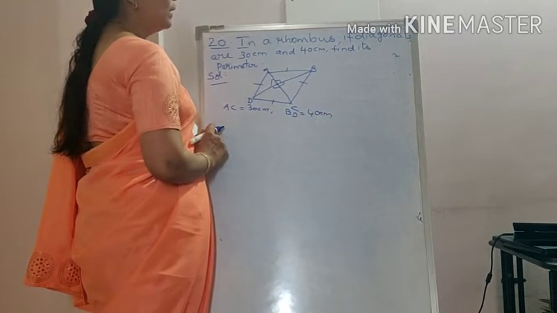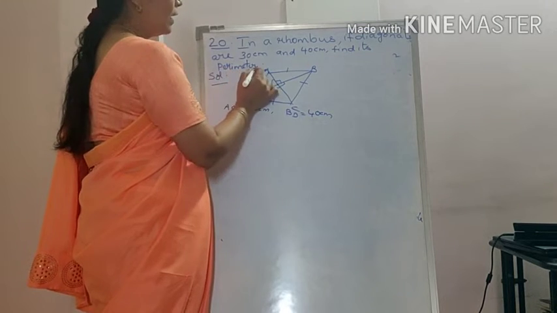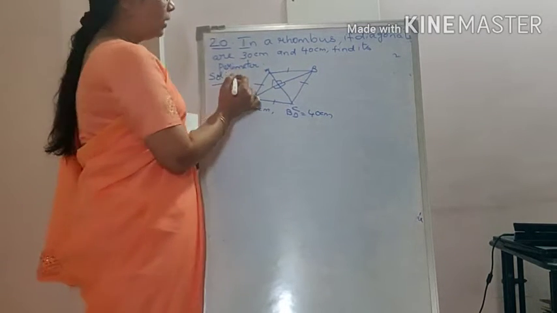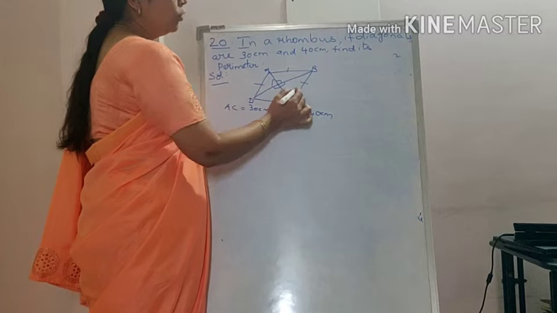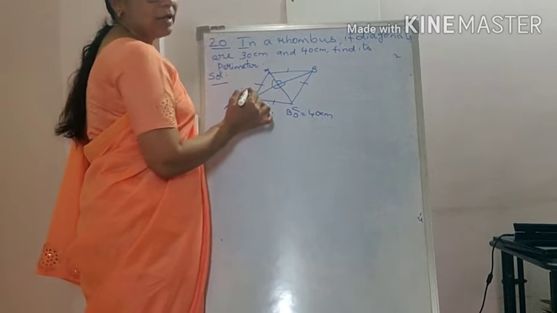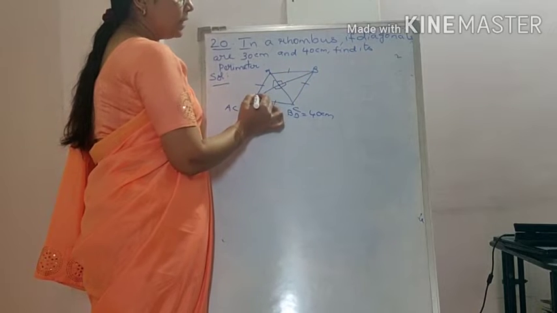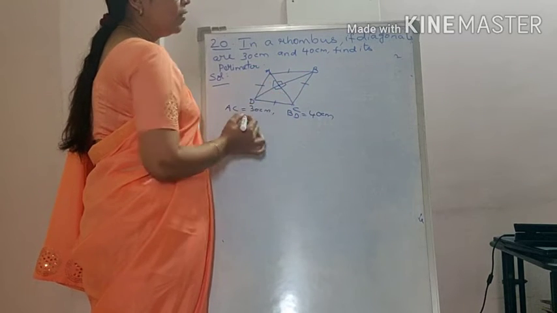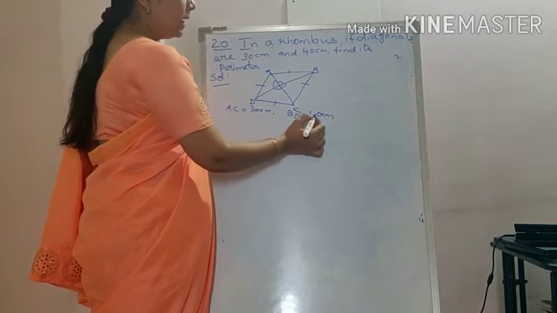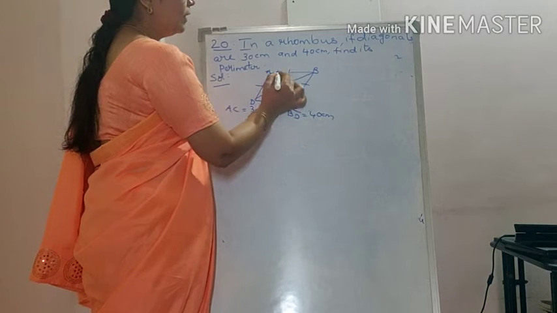This is what is being given. And he is asking us to find out the perimeter. In order to find the perimeter, we should know the length of one side. At least if we know, we are able to find out one side. Rhombus, all sides are equal, so all sides will be the same measurement. So AC and BD. Now if you see the figure properly,